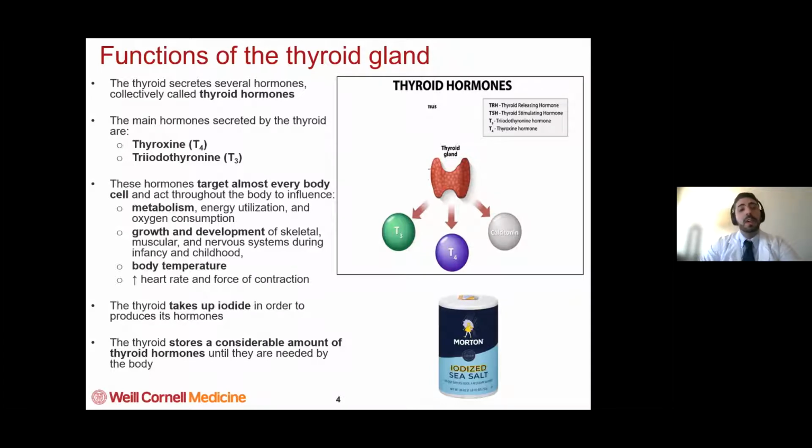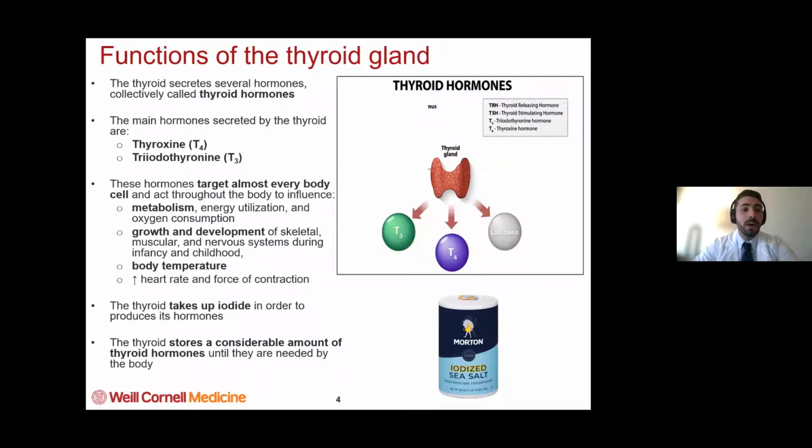Thyroid hormone is also involved in regulation of body temperature, and it has direct effects on the heart, increasing heart rate and force of contraction, as well as affecting how our body responds to stimulatory hormones like adrenaline. So the thyroid is a unique organ because it actually takes up iodine, which is an essential